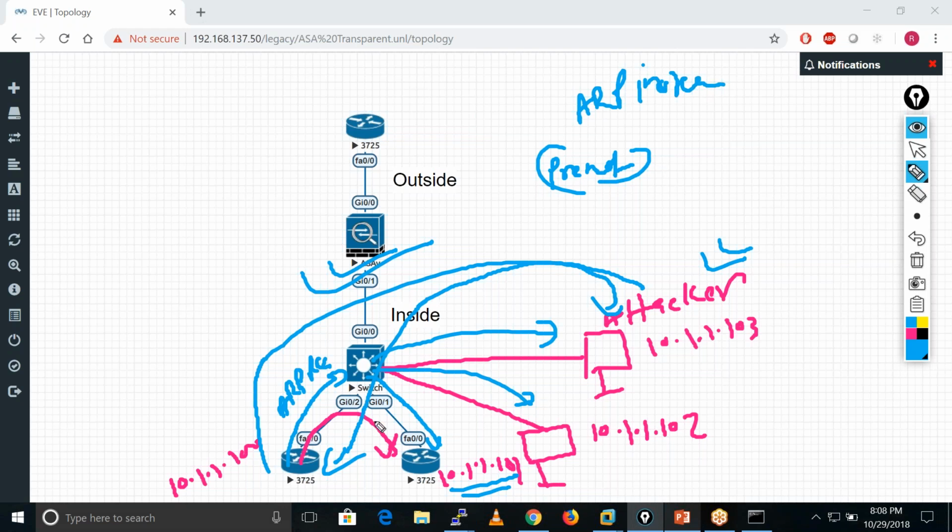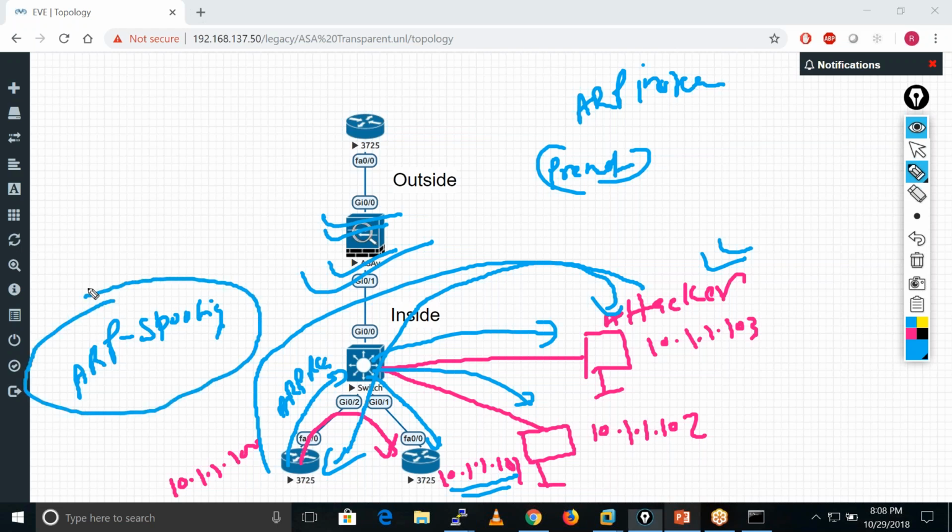so in the case which I have explained, that traffic is not going through our firewall, right? So in that case, our firewall is not able to protect us. In our example only, because in a switch also we have an ARP spoofing protection concept. Okay, so this is an L2 security technique. Okay, so in a switch also we can configure it. So that basically protects us in that kind of scenario. Okay, I'm just giving you one example over there.